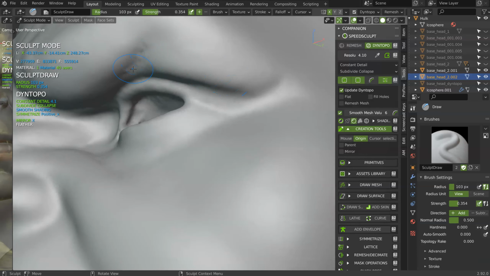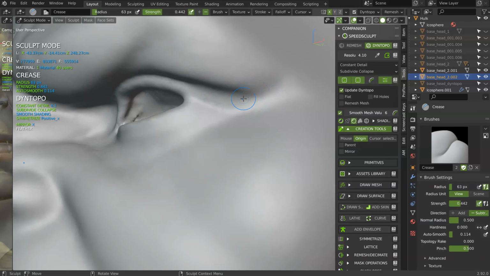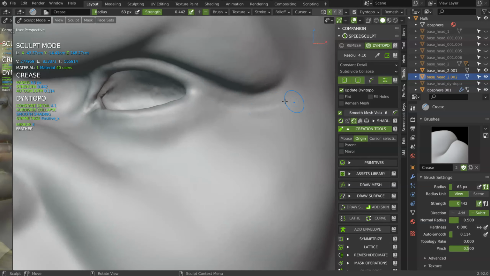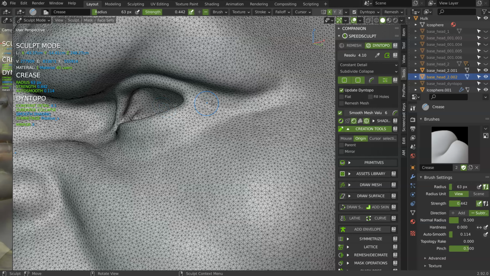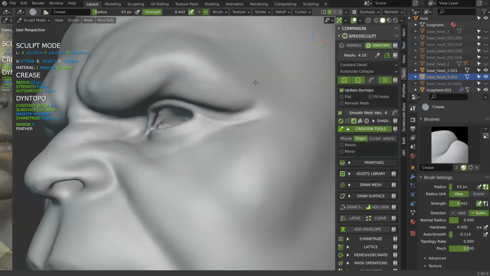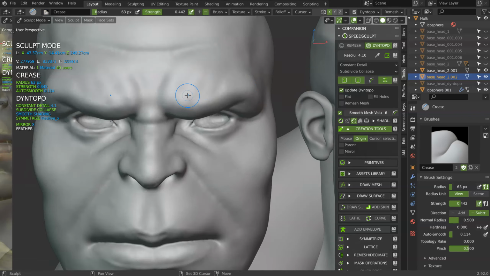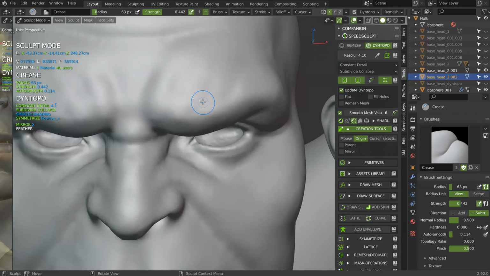And as you can see, I can add some details here. Smooth. So at this point, the subdivision is correct, but you will want more details at one point, because you will be limited.